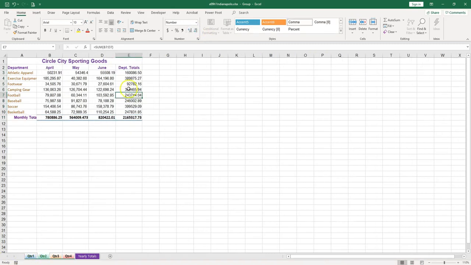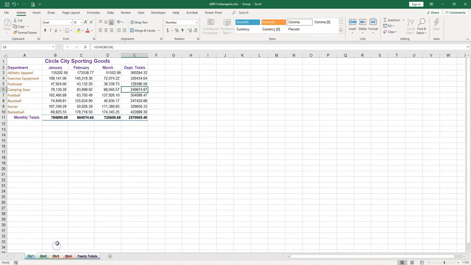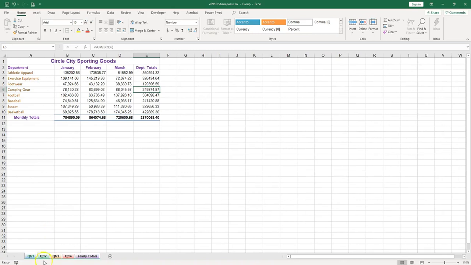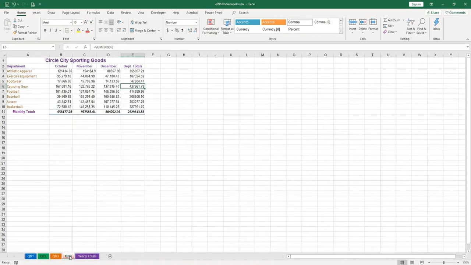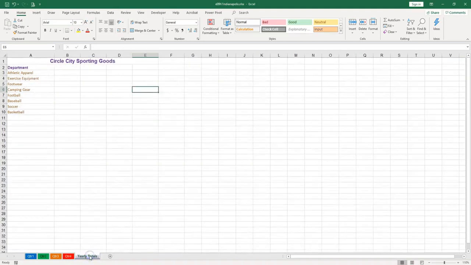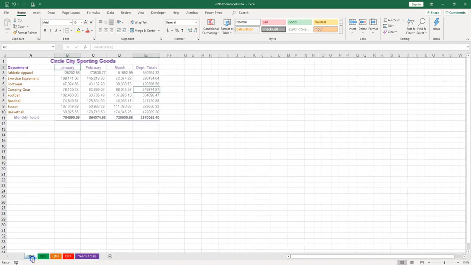If we go to Quarter 2, the formulas are in. Now I see the column width is not perfect, so let's select all the sheets and just make more room. Now let's take a look. It looks okay. In the yearly totals, we would like to make links to each of the quarters' totals